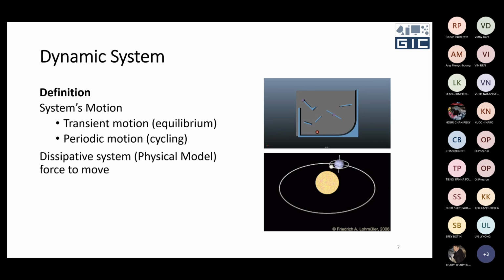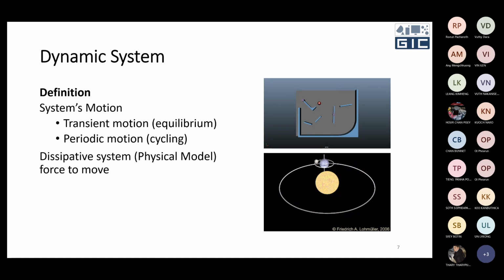So the kind of force to make a system move, like you see in the first figure, when you try to make a ball move, humans have to use force, and the force acts through some mechanism of the system to make the ball move. And because of gravity, the ball is captured onto the ground. After that, when there is no power, the power equals 0, and our ball has no movement anymore.